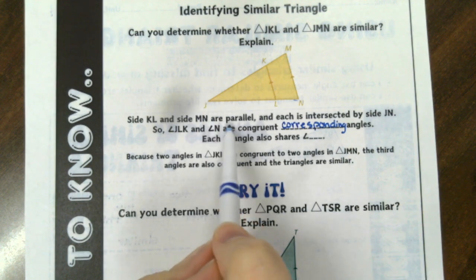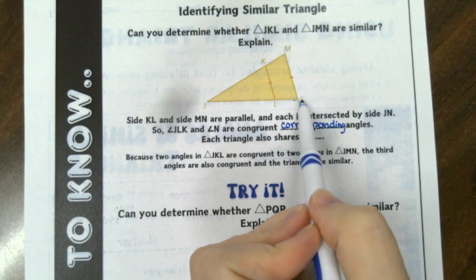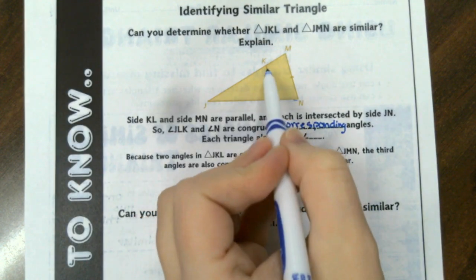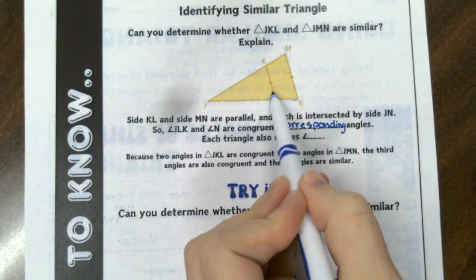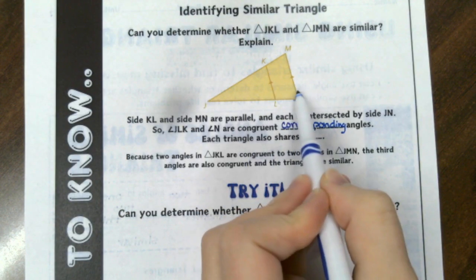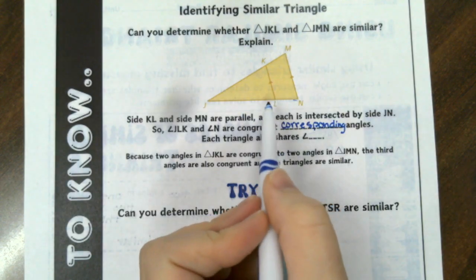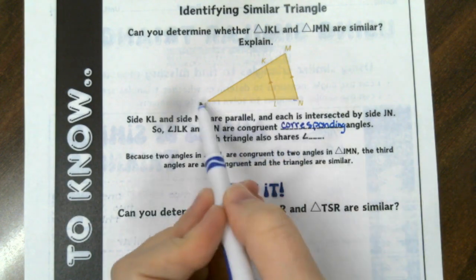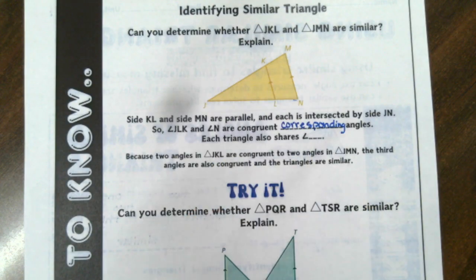So angle JLK and angle N are congruent. So this angle measure here is congruent to this angle measure, what we're seeing right here and right here, because they are corresponding angles. That means that they are in the same position on the opposite parallel line when the transversal crosses. So here's one parallel line, here's the other one, this is our transversal. These are going to be corresponding angles. They're congruent. So each triangle also shares